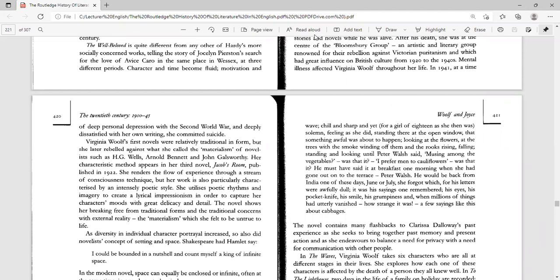As we say, D.H. Lawrence has poetic symbolism. Virginia Woolf is also a poetic prose writer. She utilizes poetic rhythms and imagery to create a lyrical impressionism in order to capture her characters' moods. Lyrical impressionism is a technique which she shares with Joseph Conrad's ideas. As diversely in individual